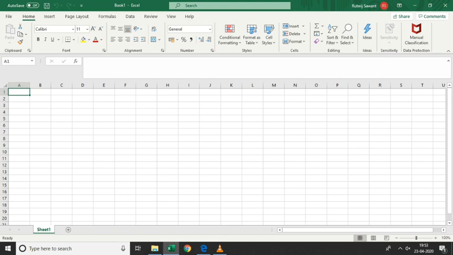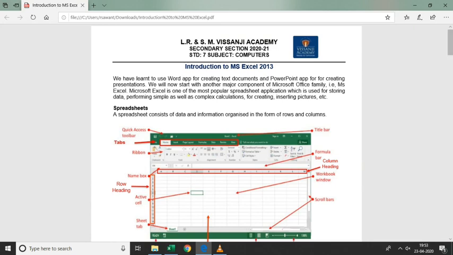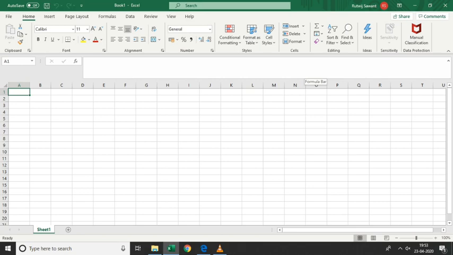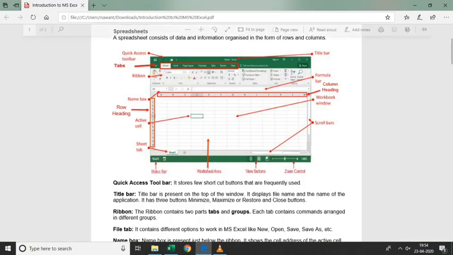So now let's see, this is your MS Excel file. I'll start with the screen components of your MS Excel file. This is a very important part because you have to know each and every part of your MS Excel. I'll start with the very topmost part. This topmost part is called the title bar. Again I'll repeat, as my version is different, it will look slightly different. Everything remains the same, only there may be some more commands you can see on this screen.